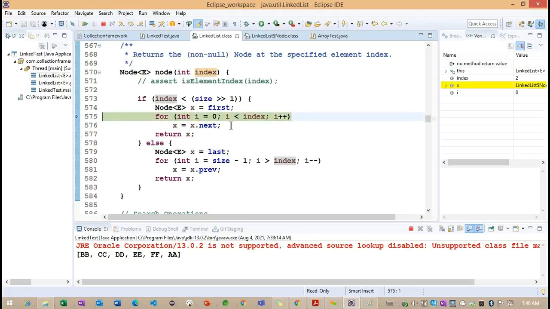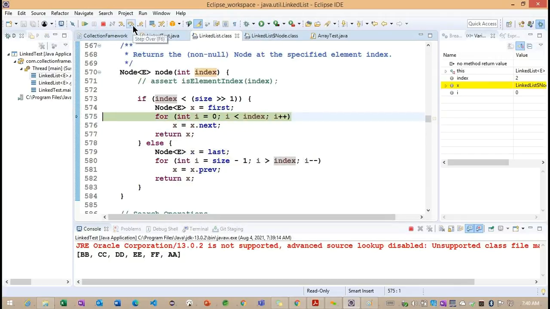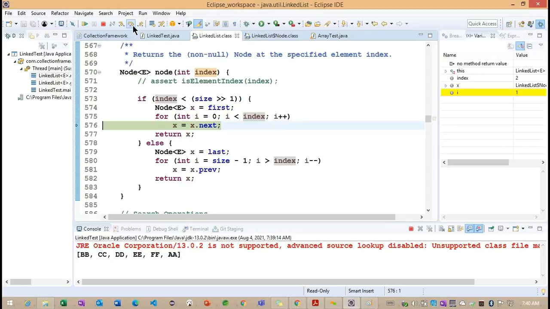Now we are finding the next node, CC, and one more next node, DD. So this condition will not be satisfied, and we come out of this loop.